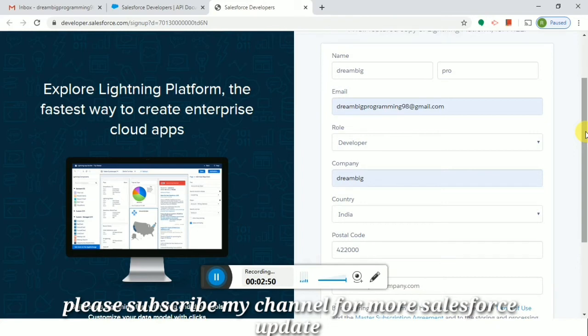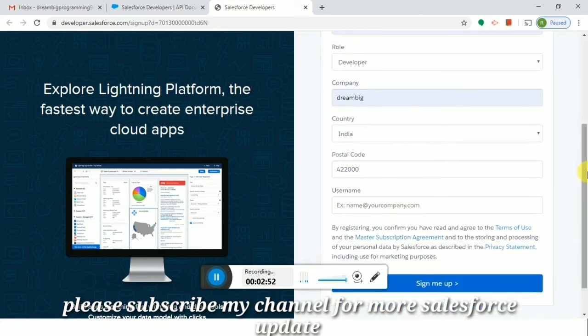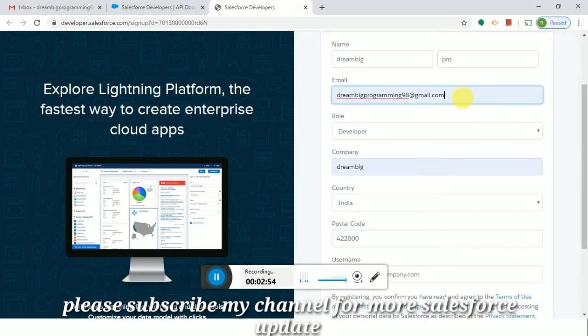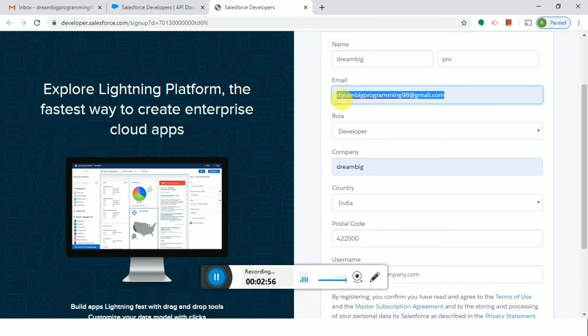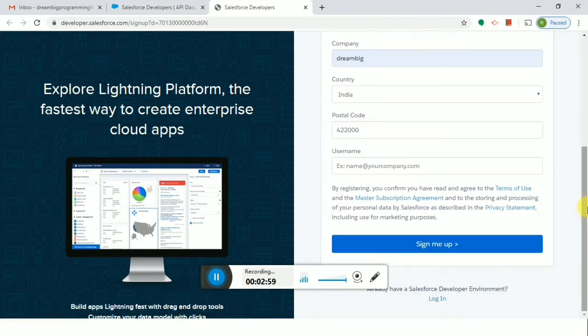It's basically like a normal sign up, but here is one change. Here the username looks like an email. You can see an example already given, name@yourcompany.com.